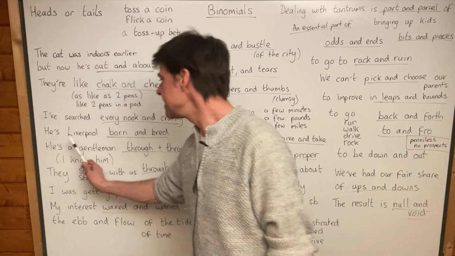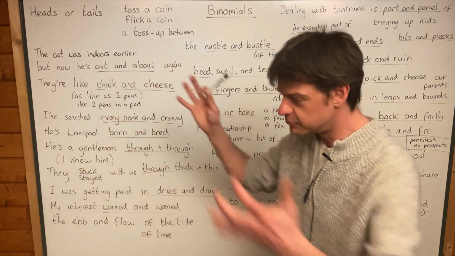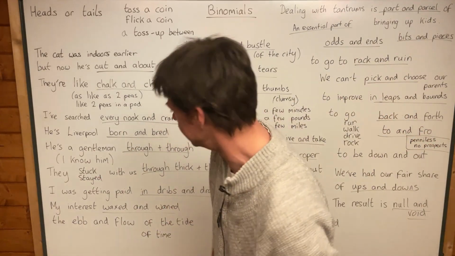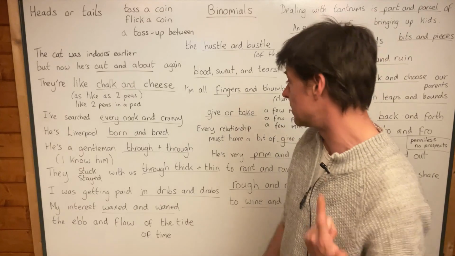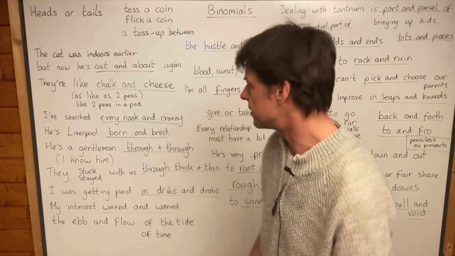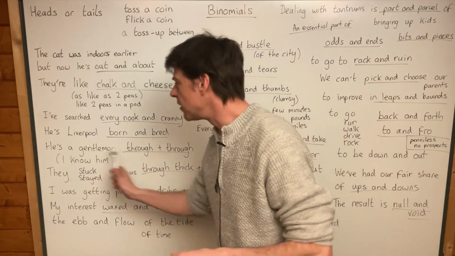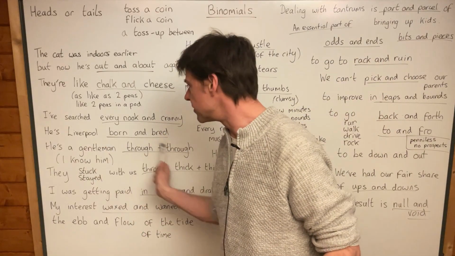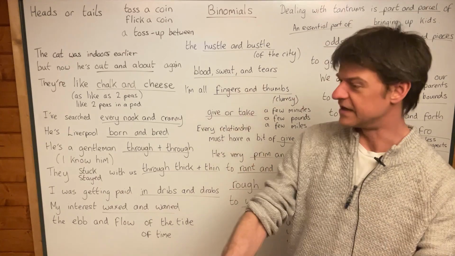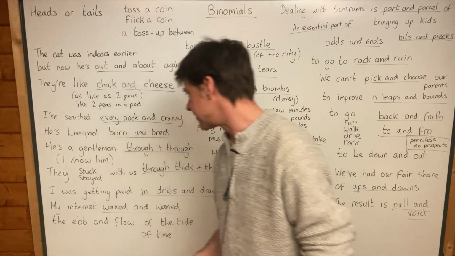Okay, if you say something like this, "he is Liverpool born and bred". This means he grew up and was raised, brought up in Liverpool. And so it means he speaks with a Liverpool accent, certainly. It means he probably supports Liverpool Football Club. If you say he's London born and bred, he's probably got a London accent, a Cockney accent. He was brought up in London. He loves London. There's that idea to it as well, that if he's Liverpool born and bred, he probably loves Liverpool as well. And so this "born and bred", when somebody is from that place, they love that place, and they are a typical example of someone from that place.